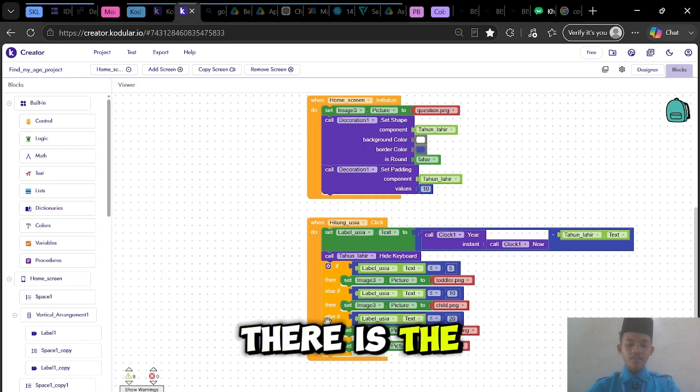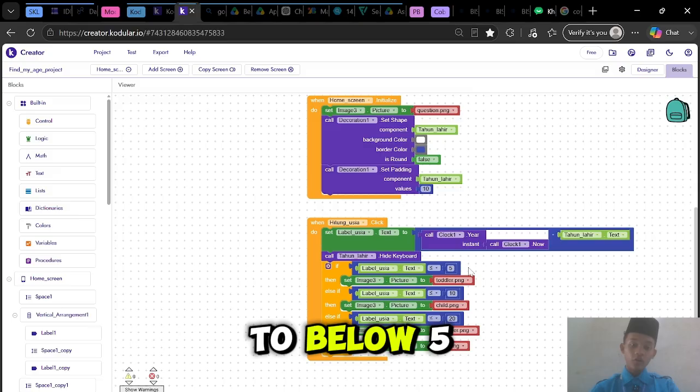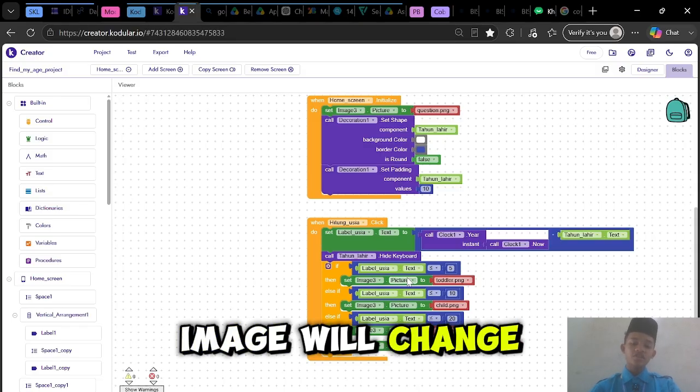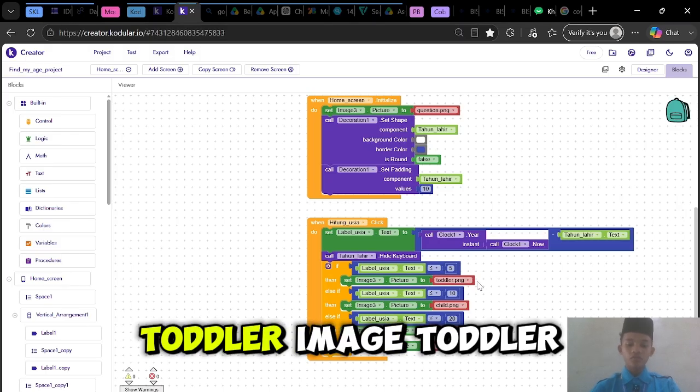And then there is some condition, if label usia or if your age, that I said before, if your age is 5 to below, so later the image will change from the question image to the toddler image.